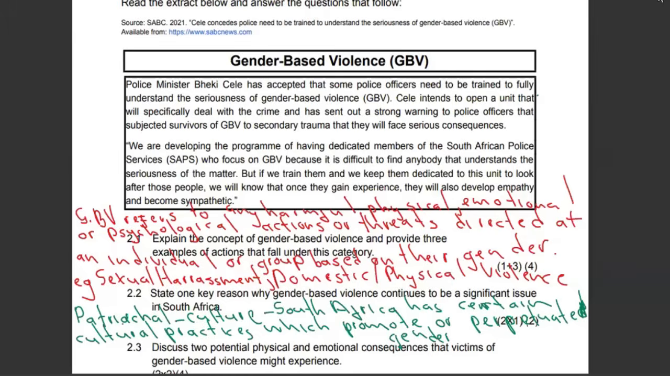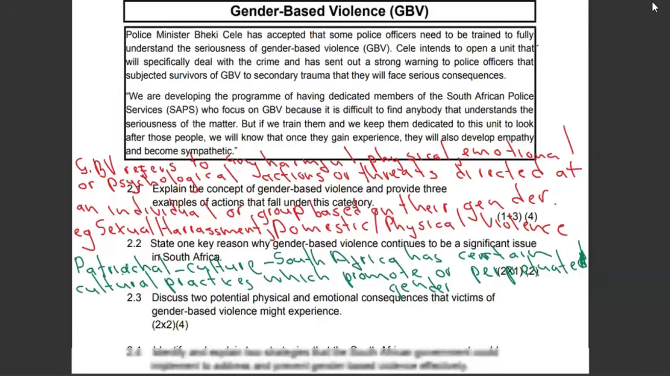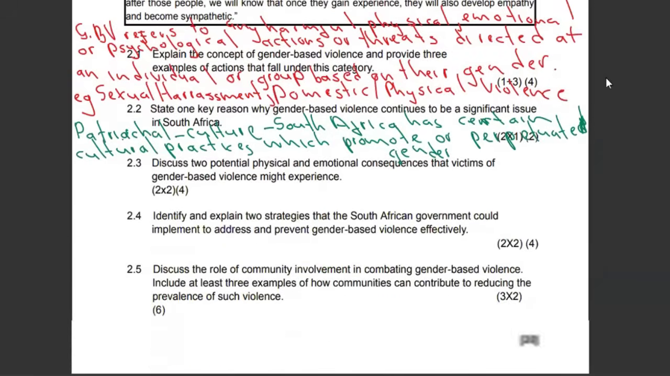Then the next question reads: discuss two potential physical and emotional consequences that victims of gender-based violence might experience. Some victims of gender-based violence might experience the following things. They need two potential physical and emotional consequences. So the first one,